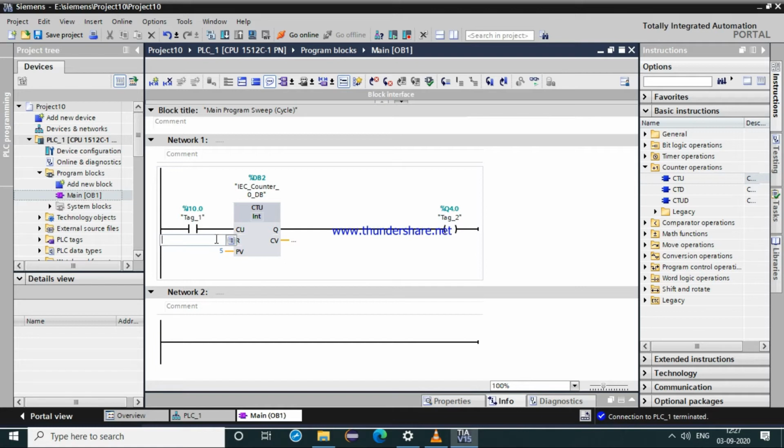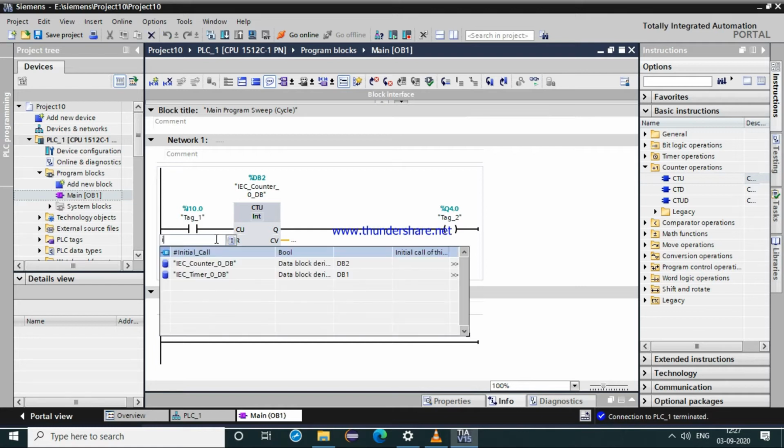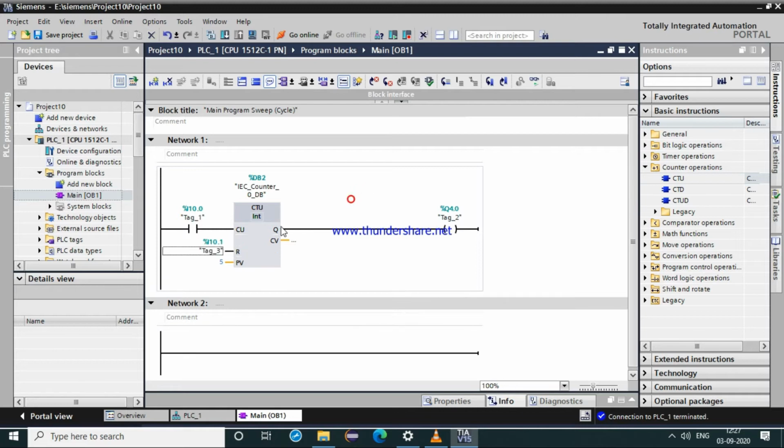To reset your counter, we will give one different input, that is your 10.1. The first input is your 10.0, this is your 10.1. Preset value is your 5, that is your counting. CU, that is your count up, it counts from 0 upwards.